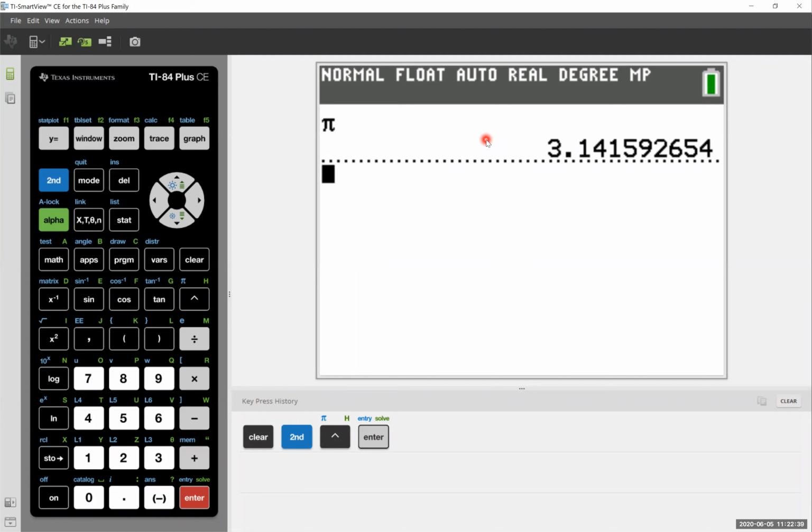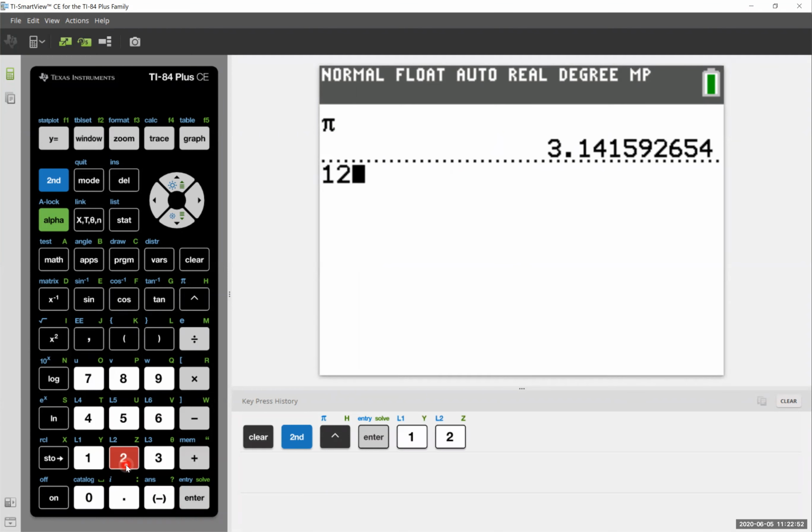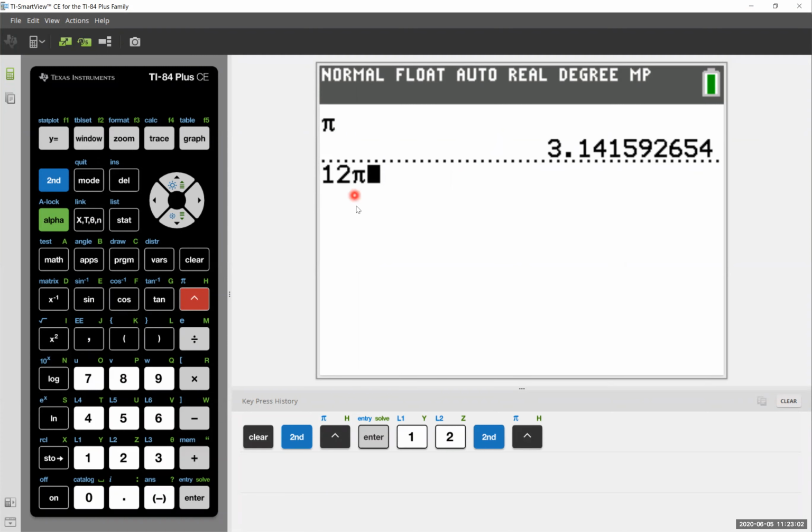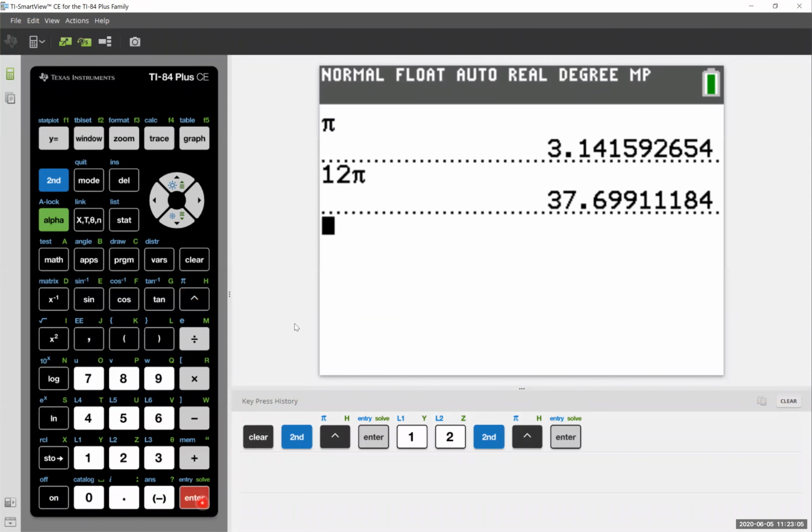So with the specific examples that we were working with, for number 1, we had worked the circumference down to be 12 pi. So the way you're going to enter that into your calculator, you're going to enter in 12, and then you go into the top left, hit that second option, and select pi. So you should actually have 12 pi typed into your calculator. And once you've done that, hit enter. And we're getting 37.69991118. And again, this decimal is going to go on forever. It's big, it's long, it's gross.